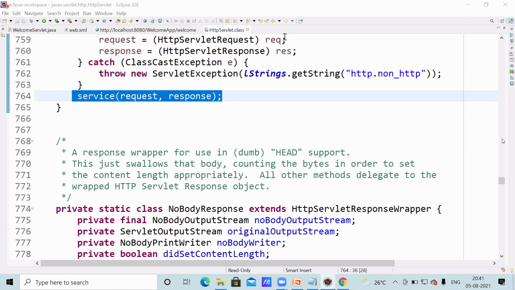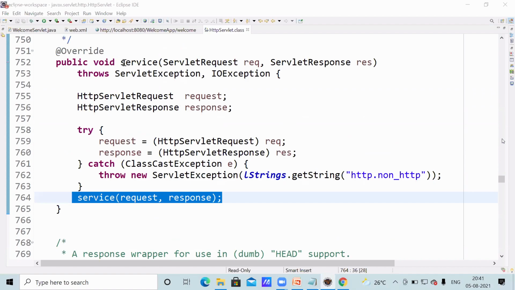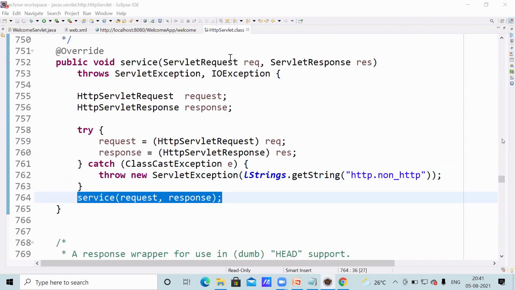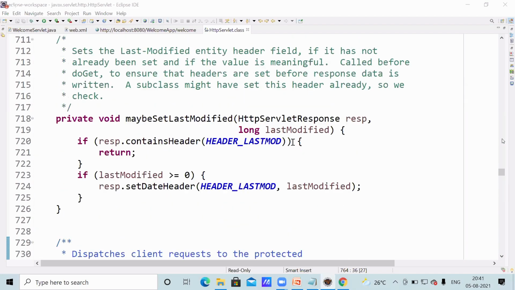The lifecycle service method calls the non-lifecycle service method. I explained that yesterday. So it is actually the lifecycle service method, and it is calling the non-lifecycle service method. The non-lifecycle service method is at the top. It is here.